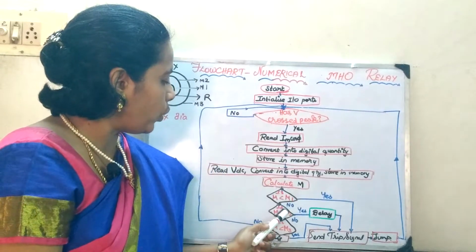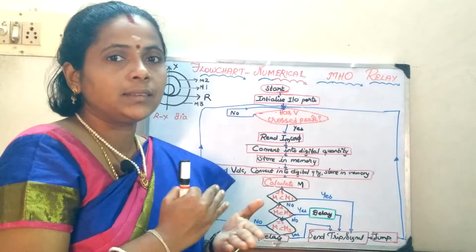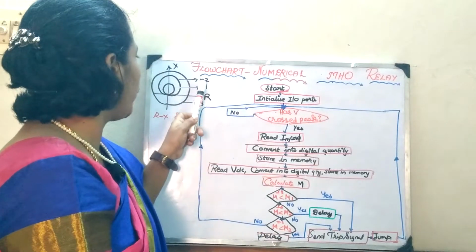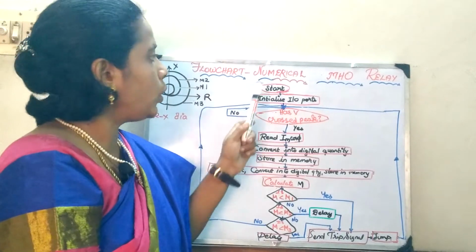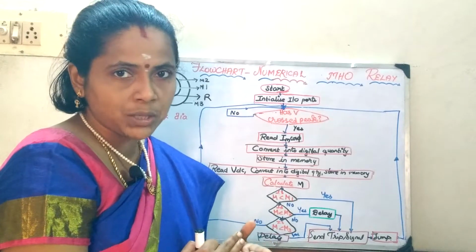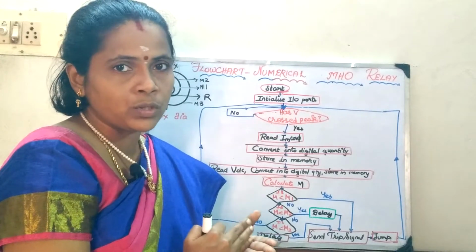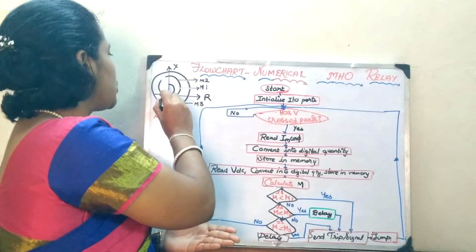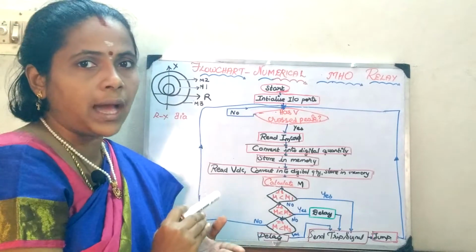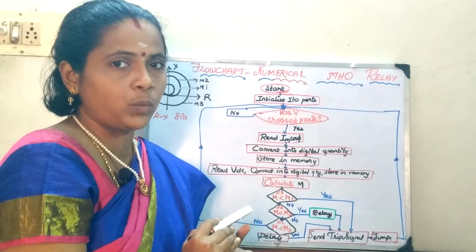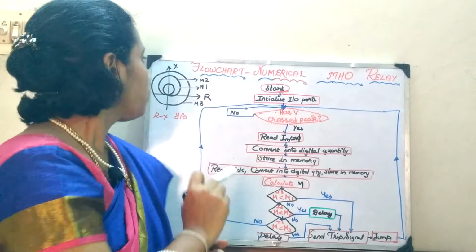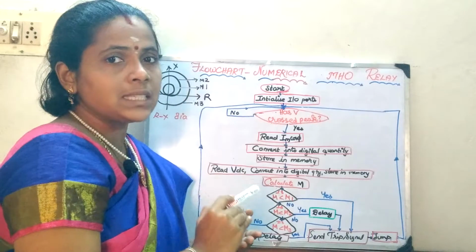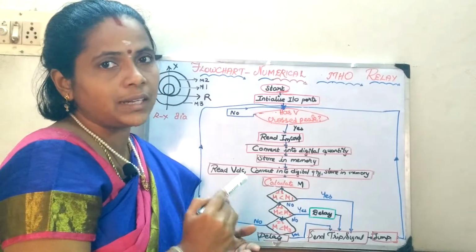Now we have put 3 decision boxes. The 3 decision boxes are used to explain zone 1, zone 2 and zone 3. You know that the Mho relay is inherently a directional relay. Here it has 3 zones of protection, and the characteristic on the RX diagram of the Mho relay is such that it passes through the origin. Now, the first one is your zone 1 protection. It needs immediate attention, so instantaneous tripping is there.